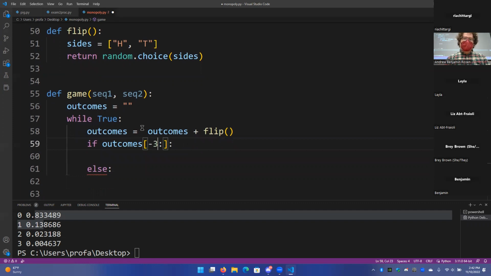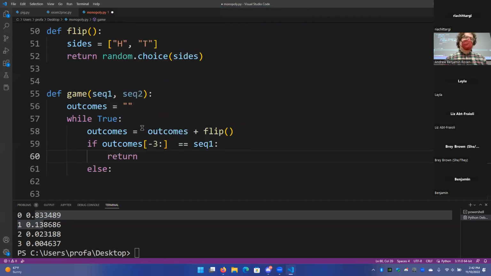So if outcomes[-3:], to the end. So this is the last three. Remember, negative indexes: -1 is the last one, -2 is second to last, -3 is third to last. So from third-to-last to the end. That means the last three letters, if that's equal to sequence 1,